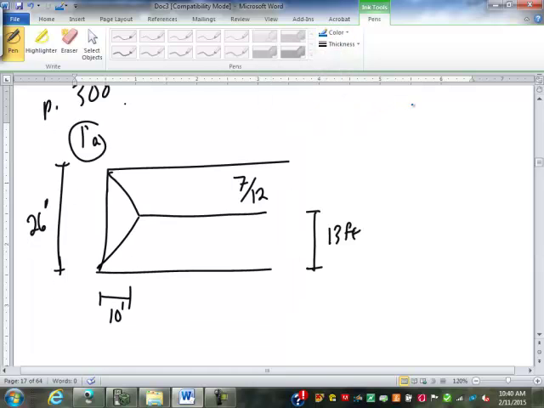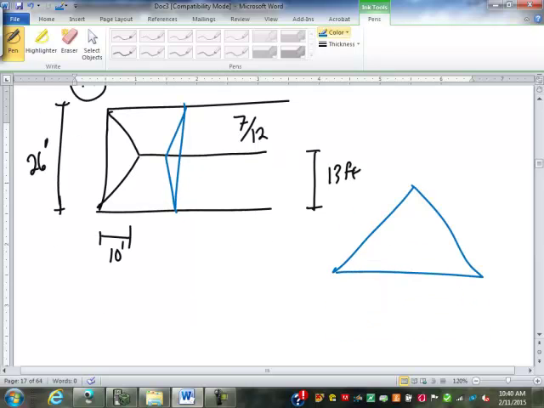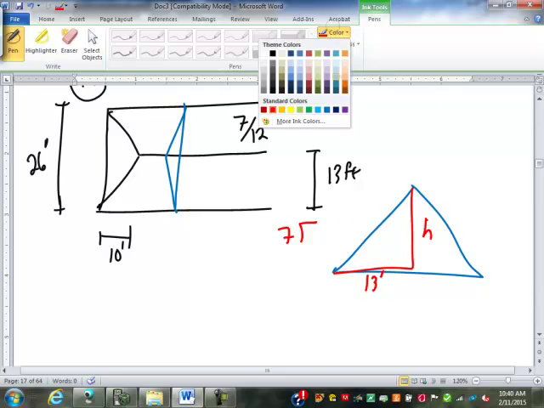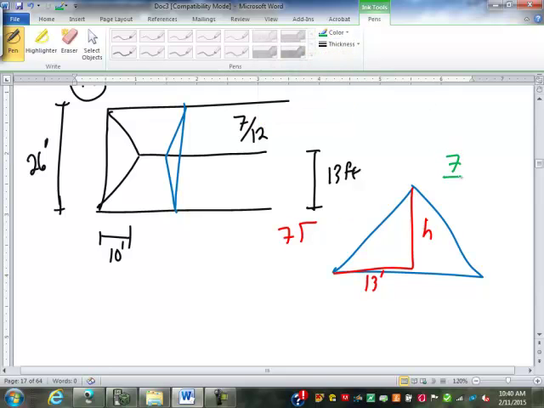So our first step is still going to be to analyze this common rafter here. We can actually just look at one side of it if we want to. It has a run of 13 feet. We're looking for the height. It is a 7/12 slope. 7 over 12 equals h over 13. So we will multiply. 7 times 13 is 91. Divided by 12 is